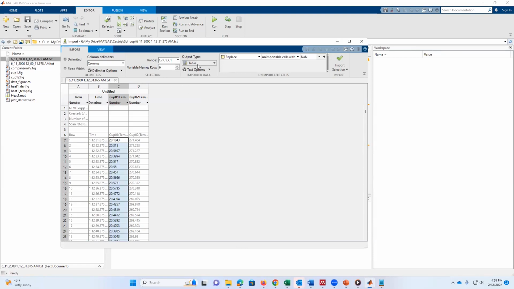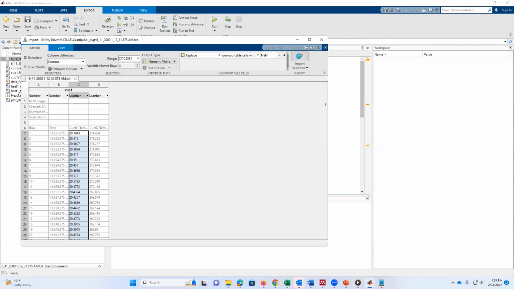And instead of doing a table, I'm just going to save a numerical matrix. That's the important part, because a numerical matrix is the type of variable that I'm going to process. All of this is numerical, so I'm going to import it as numerical. And I'm going to give it a name. So I'm going to change this in the title bar to cup 1, for example. Enter. So we have cup 1, just selecting this data, and I'm going to import this numerical matrix in the